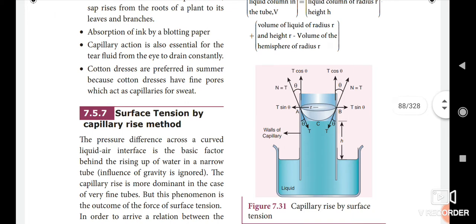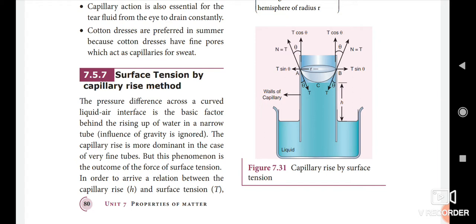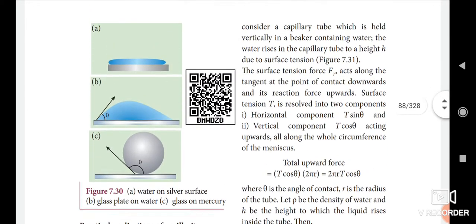Next we see surface tension by the capillary rise method. Here the pressure difference across a curved liquid-air interface is the basic factor behind the rising of water in a narrow tube. Here gravity is ignored, so the capillary rise is more dominant in the case of a very fine tube. This phenomenon is the outcome of the force of surface tension. In order to arrive at a relation between the capillary rise height h and the surface tension T,